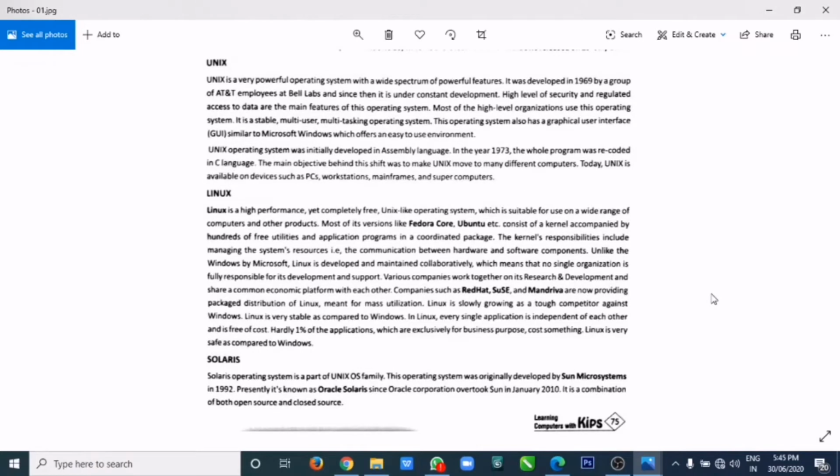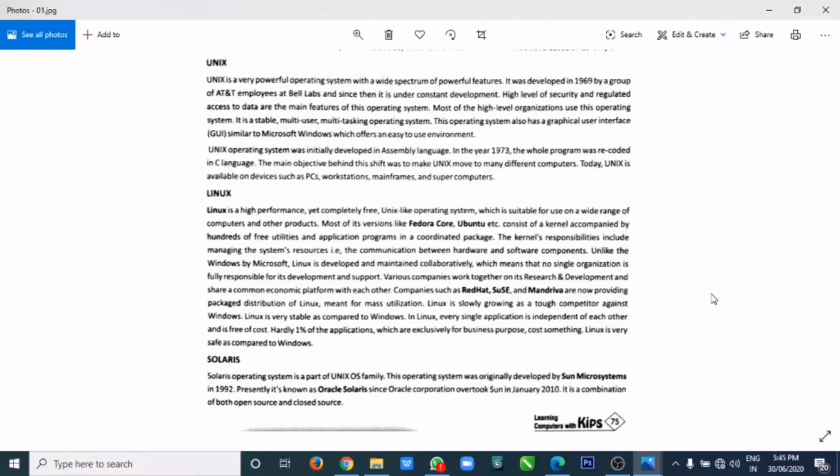Then comes Solaris after Linux. It is the best operating system for Oracle database and Java applications. Solaris is also a type of Unix or Linux. There is no doubt Solaris is less used as a desktop operating system, but it is definitely still used and actively developed in specialized high-end servers.